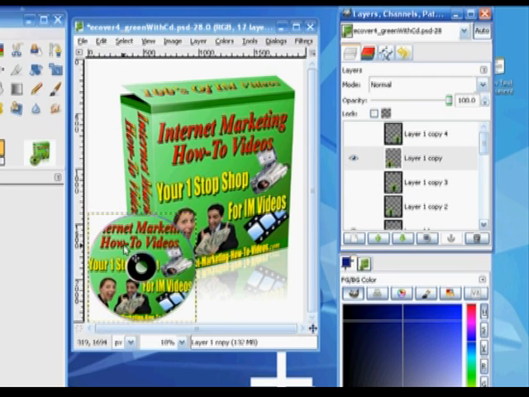Like for example, right here I've got this CD selection selected, and that's this guy right here, and you can see all the eyeballs are off here. That means that these layers are not showing. They're there, they're just not showing. So if I were to save this right now, then it would save it without these layers involved in this image. In other words, you get what you see. I mean, if I were to click on save as, then this is what the end result image would